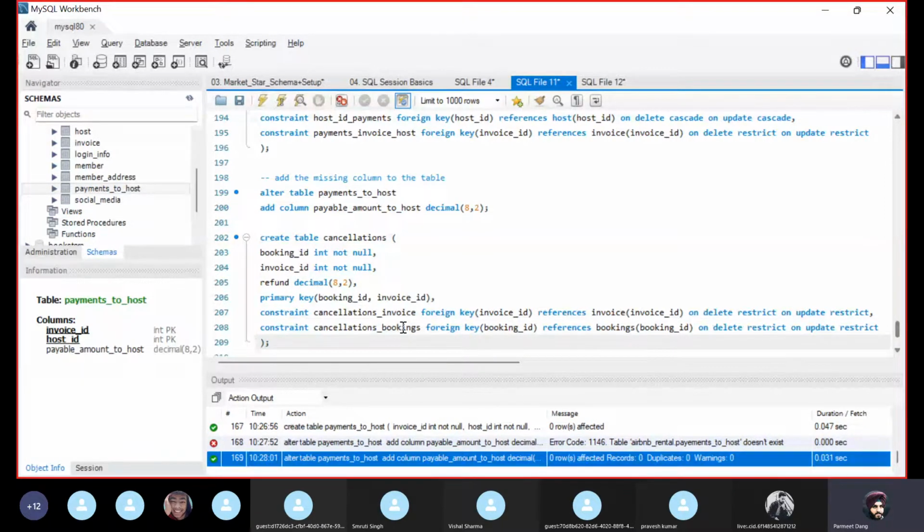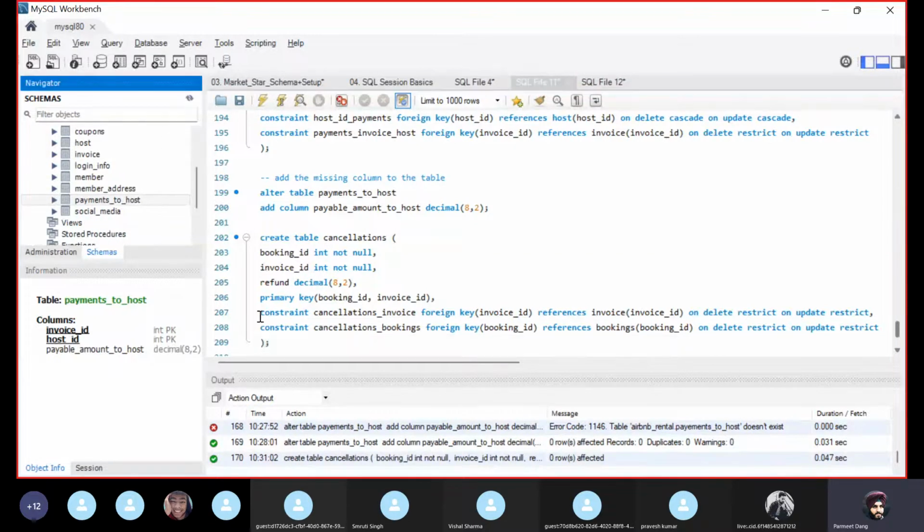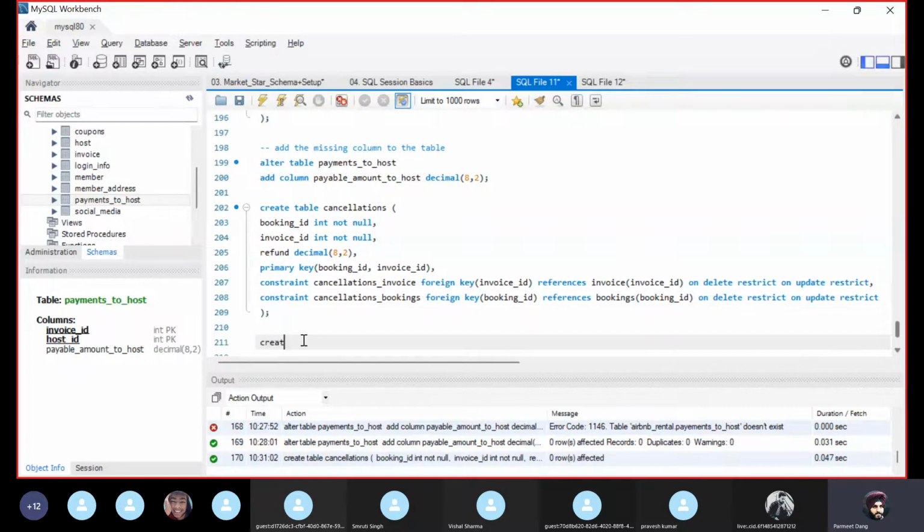Comma will not come here. So we have created this table. Now what table is left? I see that accommodation address is also left. So let us create the table